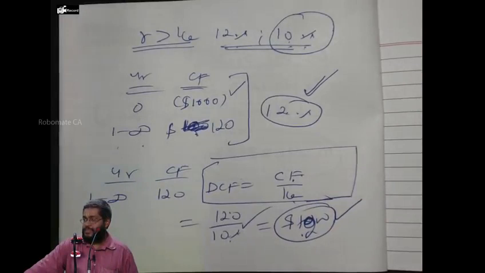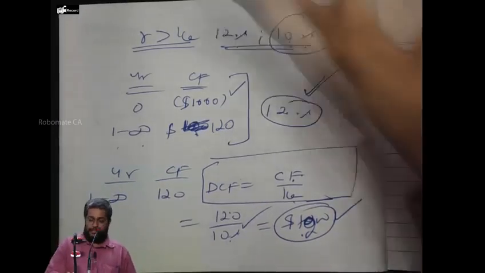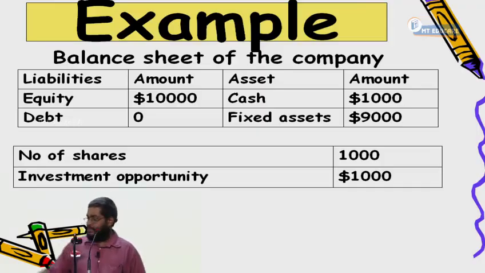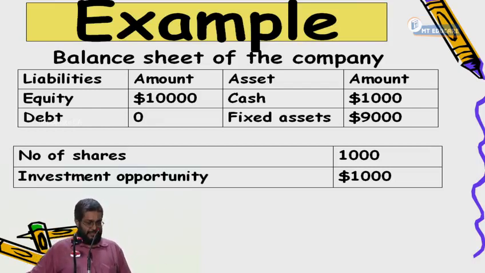Now, point number two, a small point. If the new project is financed through debt, remember, the question of debt is zero. If the new project is financed through debt, will the wealth change? Answer yes or no? As per MM, it is no. Other people say yes, okay. As per MM, it is no.